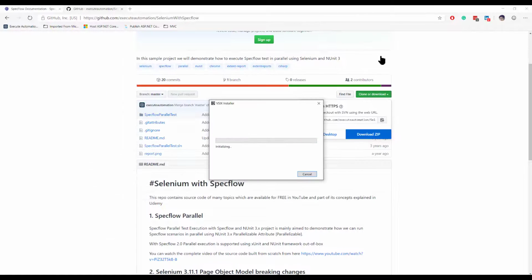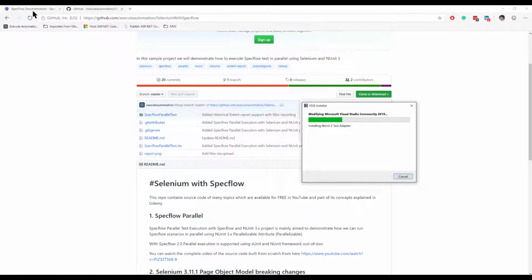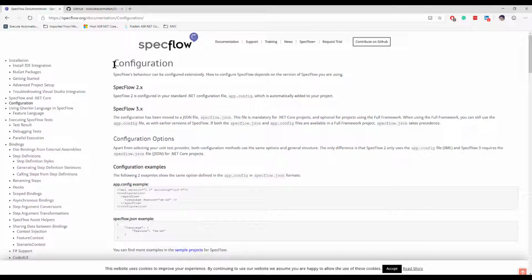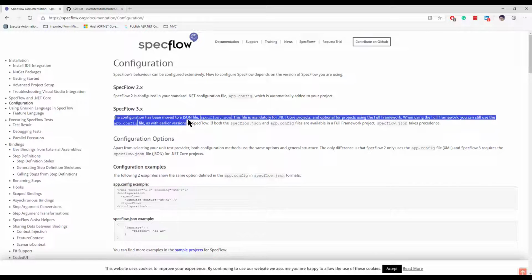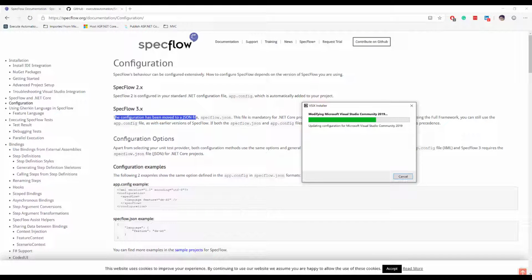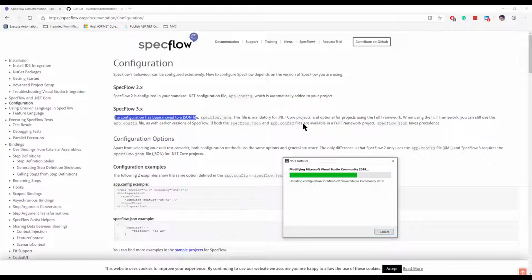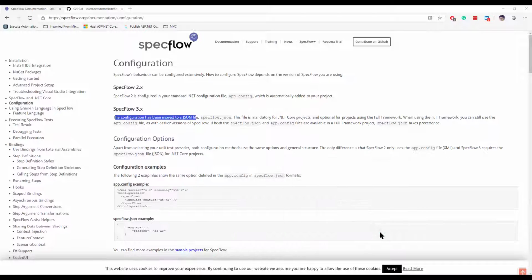In the meantime, I'm just going to jump into the Specflow documentation here to show you the configurations that are actually being used within this particular Specflow 3.0. As you can see, the configuration has been moved to a JSON file right now. So previously we were using the app.config file for holding all the Specflow related stuff, but right now the Specflow team is slowly migrating from the app.config file to the specflow.json file